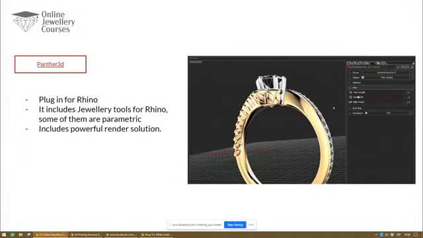There is something else to consider as well. It's not the same if you're, let's say, natively a Rhino user, like myself, or if you are someone who started later on and started directly with one of these fancy softwares. What do I mean by that? This ring that I just showed you,